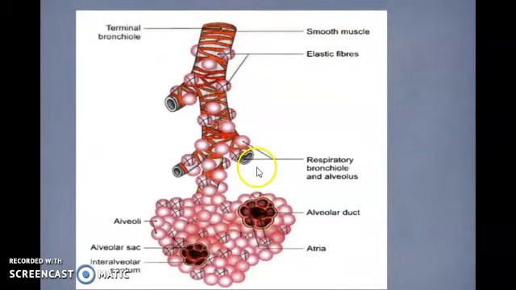So the respiratory bronchiole first divides into alveolar duct. The alveolar duct leads to chambers that are known as atria. Then the atria will divide into smaller saccules, and the saccules ultimately lead into